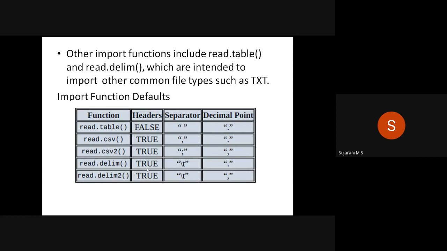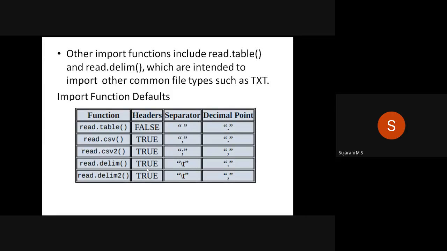Suppose student data is stored in a student file, with roll number first, then a list of roll numbers, then names. If the header value is false, which is the default, then the first row will be displayed as the data itself: roll number, name, etc. That is the meaning of the header value being false.